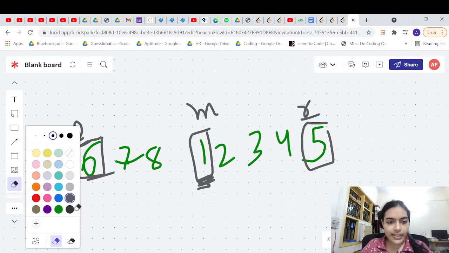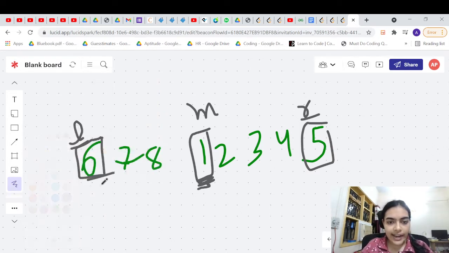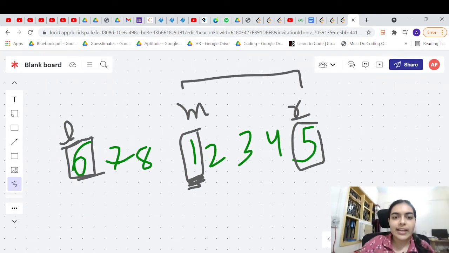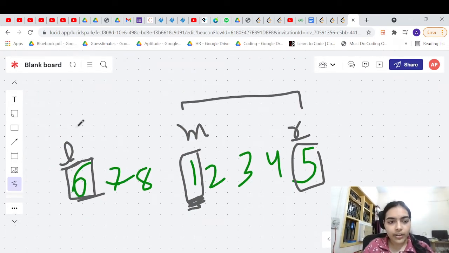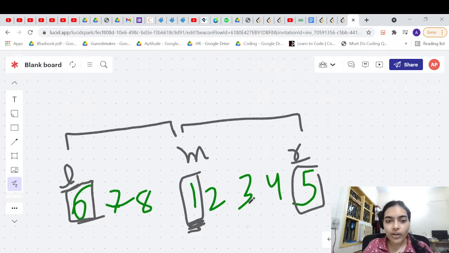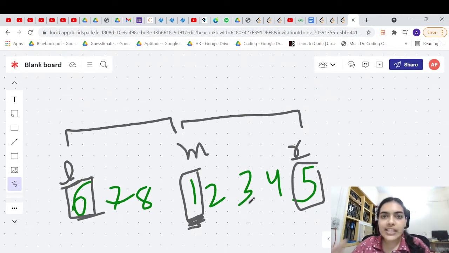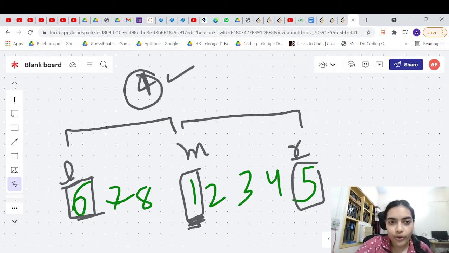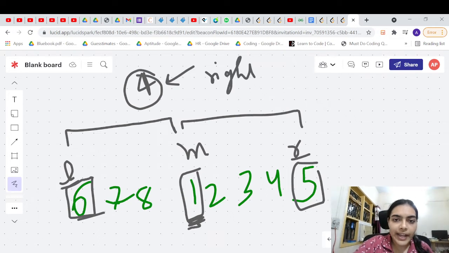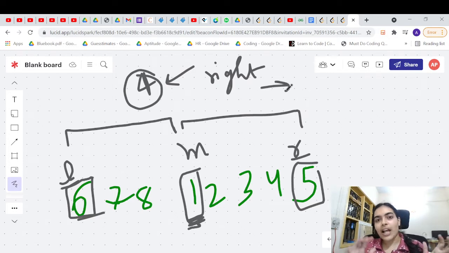Okay, so now let us see. We know at least that this array is right sorted. Now we still have two brackets to look for. Being right sorted doesn't mean anything by itself. We just know it is right sorted, and let's continue the algorithm. We still have to look for 4, and we know that the mid is right sorted. So now this problem again translates to binary search, but it's helpful to know that it is right sorted.